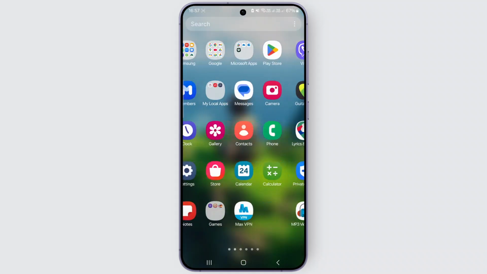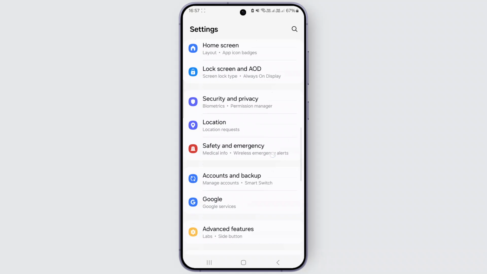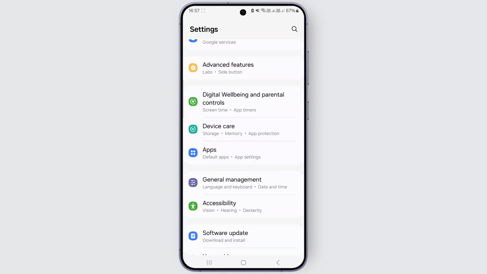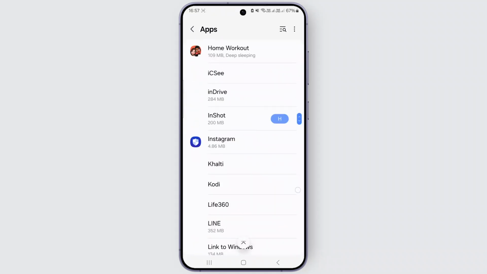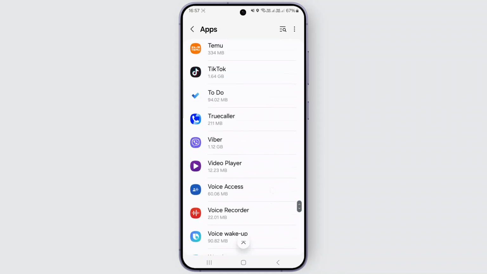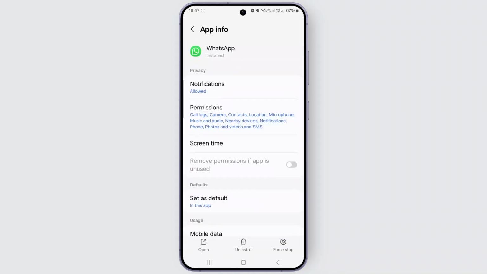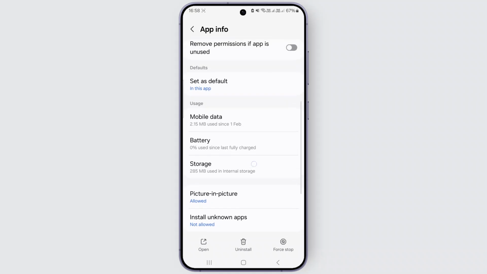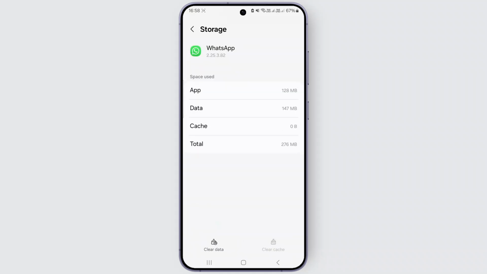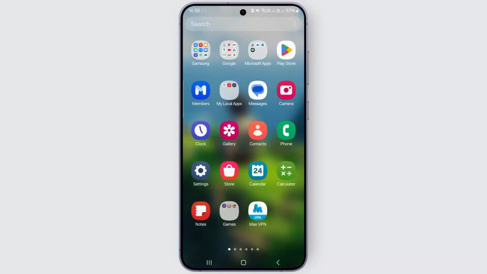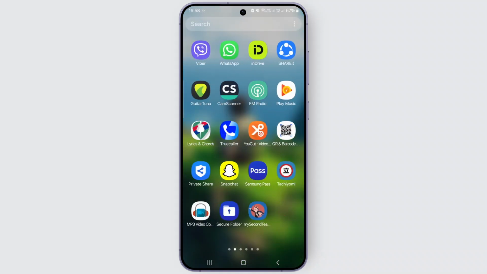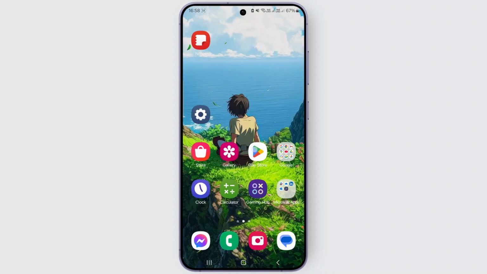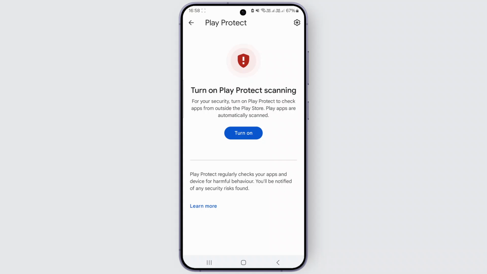you need to do is just head over to your settings, and once you're inside your settings just click on apps and locate the WhatsApp application from over here. So let me locate my WhatsApp application, and once you do that, make sure you click on this force stop, which will stop the app if it's behaving incorrectly, and click on the storage option from over here and make sure you clear your cache and restart your WhatsApp application. And if it's still not working, then you might want to reinstall your WhatsApp application from your Google Play Store and